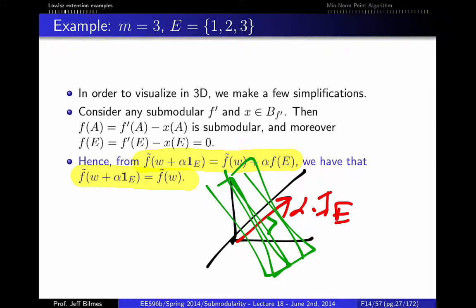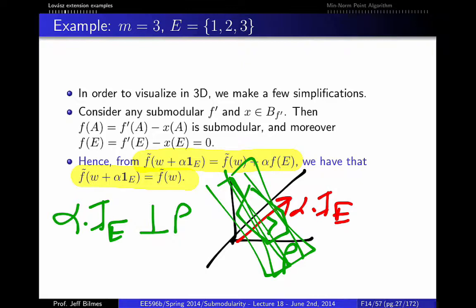So make sure that this is clear. We're taking vectors, like the vector alpha times 1e, where this is the all one vector. And then we're taking planar slices orthogonal to that vector, and that's what these are. And then we're going to look at contours on those planar slices. Since it's a function of two coordinates, which are the coordinates on these planar slices, it doesn't matter which planar slice, since the contour is going to be the same,